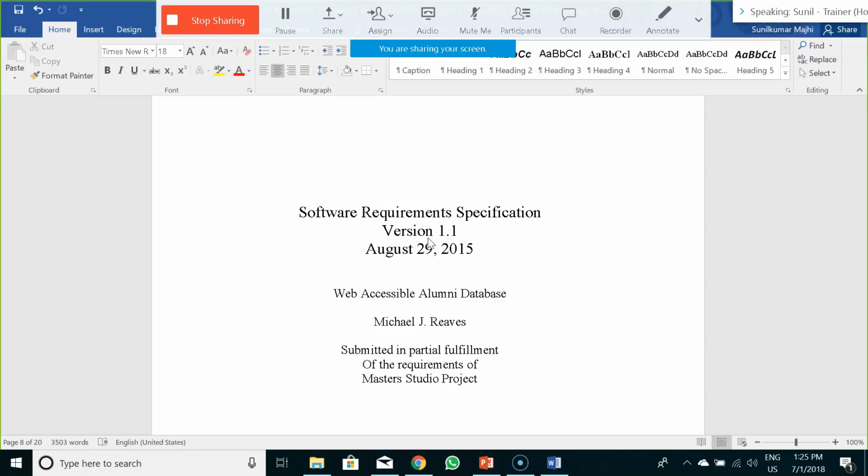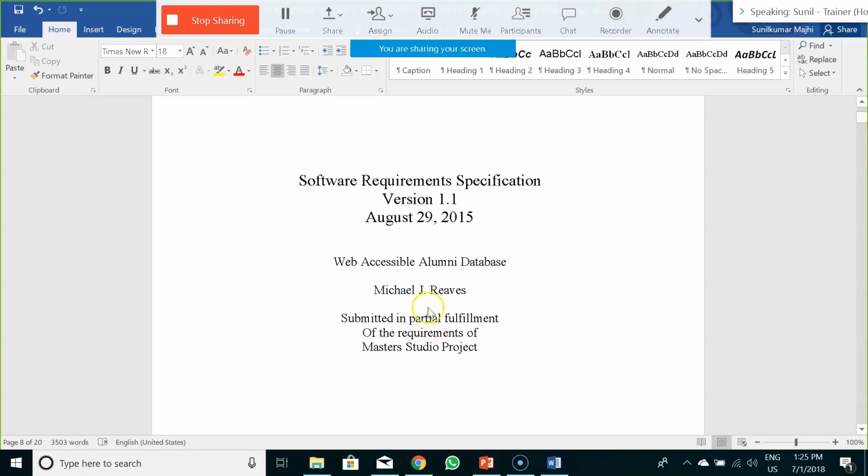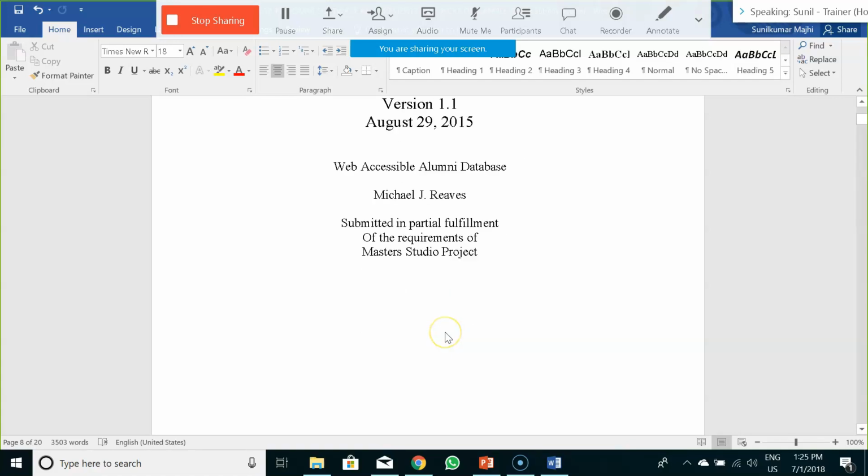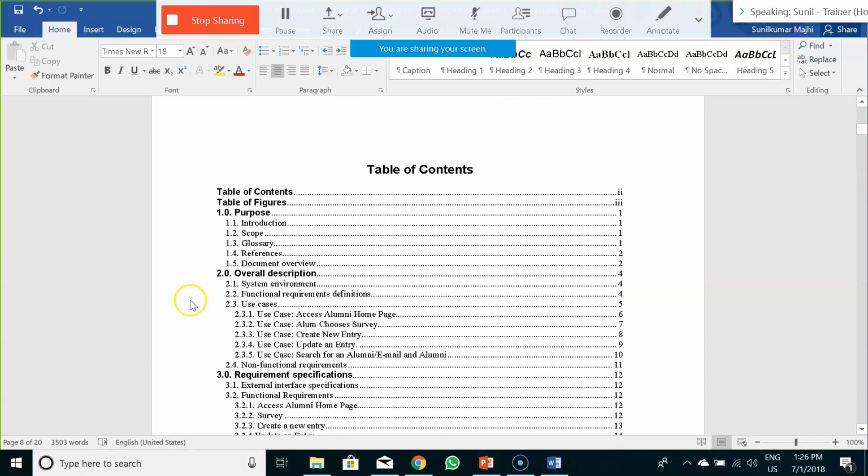Then you have to mention your project name, who is the creator of that particular document, who is the owner of that document, and what is the purpose of its submission, whether it's submitted in partial fulfillment of the requirements or complete fulfillment of the requirement. You have to specify it, because there are cases when you tend to have multiple software requirement documents in the context of a particular system. If the system is too large, you cannot have one software requirement specification. You would be having multiple SRS documents derived out of your BRD. So you have to specify whether it's a partial SRS or it's a full SRS of the entire system.